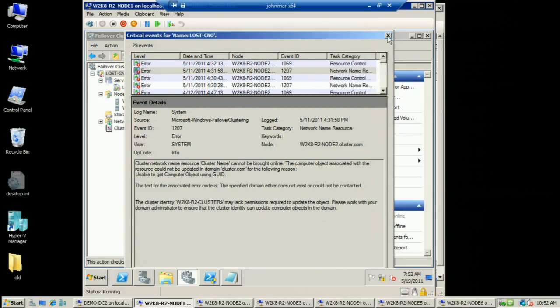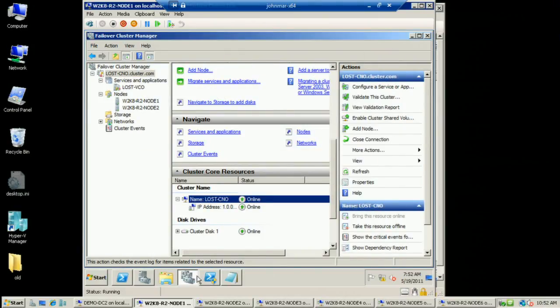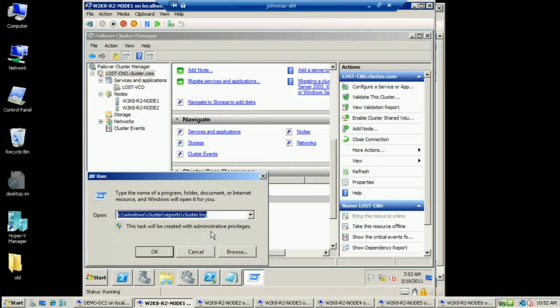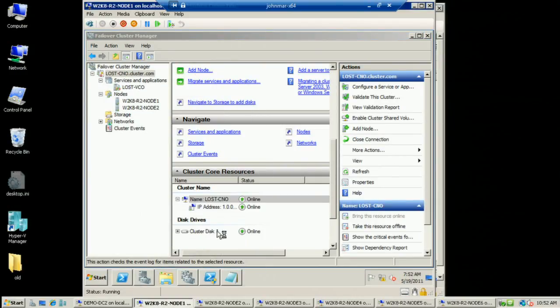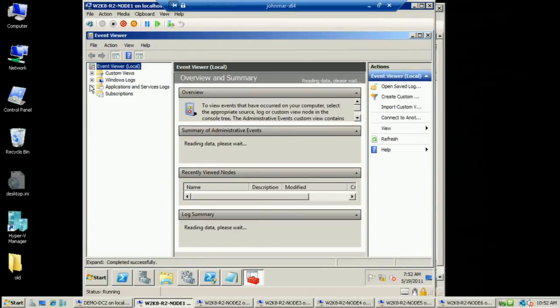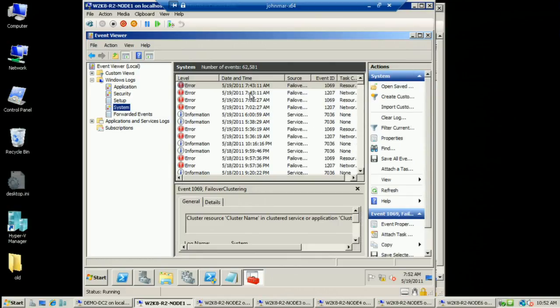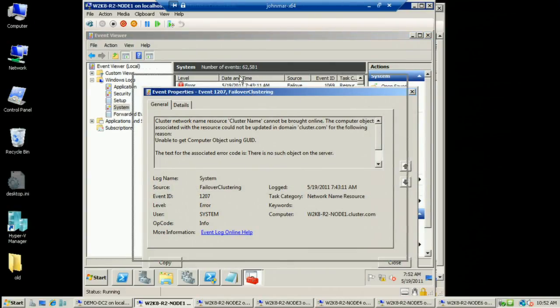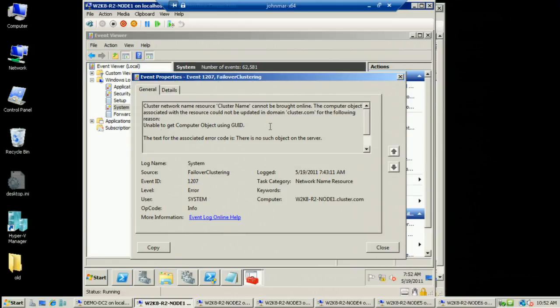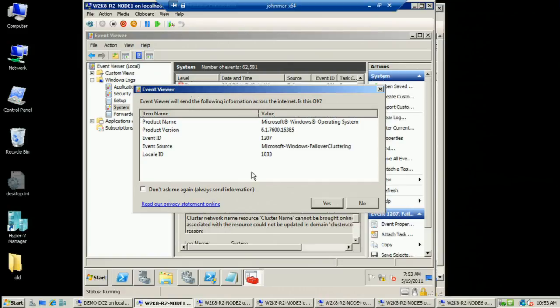If I just go and look at the event log, in my system event, for my 1207, if I bring it up, here's the same event. Now, down at the bottom, you've got the link there, Event Log Online Help. If you're not sure about it, just click on it. This is the product name, this is the version, this is the ID,